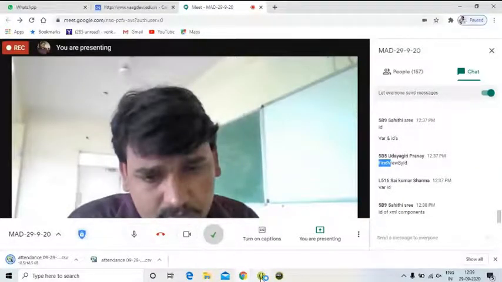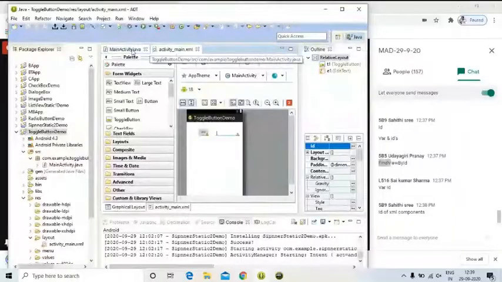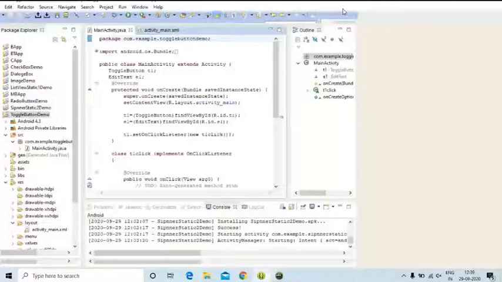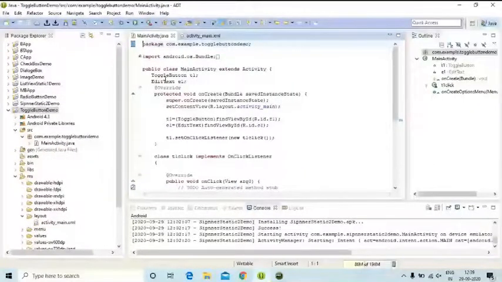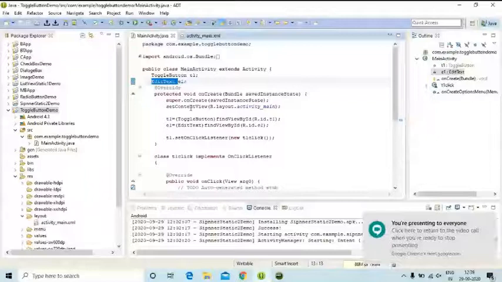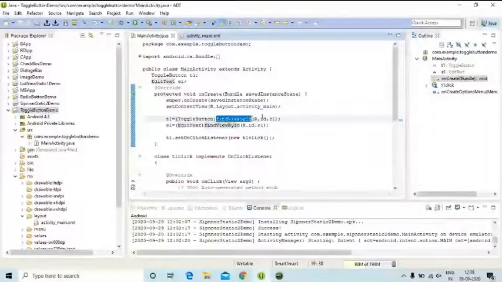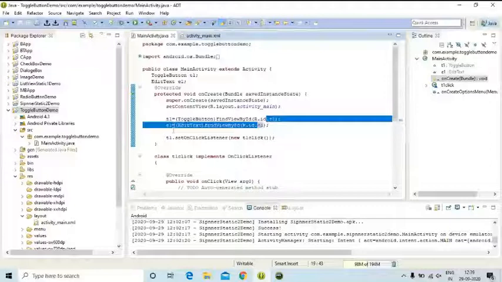Go to the Java file here. Please see the code here, very important code. Here I have taken two variables: toggle button T1 and edit text E1. Since findViewById gives the result in the form of object format, the object of T1 is now mapped with T1. Now the object format is converted to toggle button and it is referred by T1 here. In the similar fashion, E1 present in the design view is mapped with E1.